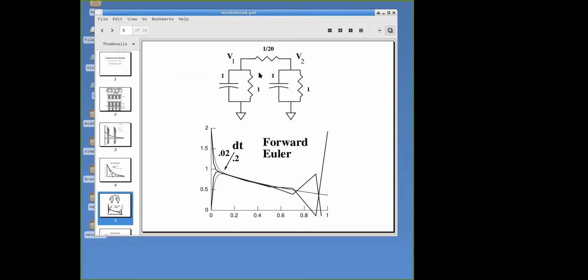We have to be very careful about this and use a much shorter time step, because if there's ever a difference between these two, our time step now has to be shorter than the equivalent time constant of these two capacitors in series in parallel with that 1/20th of a unit of resistance. So we see here, if we initialize, say, our two capacitors, one to 0 millivolts, the other one to 2 millivolts, and we go forward